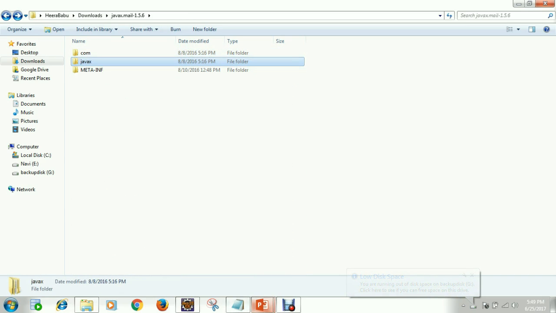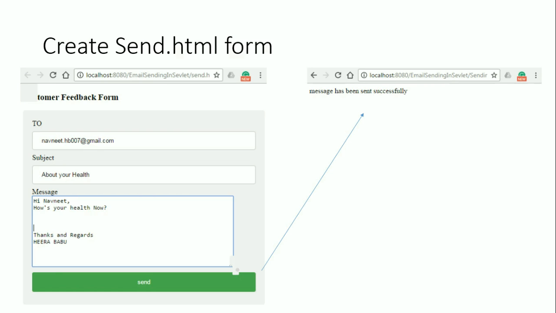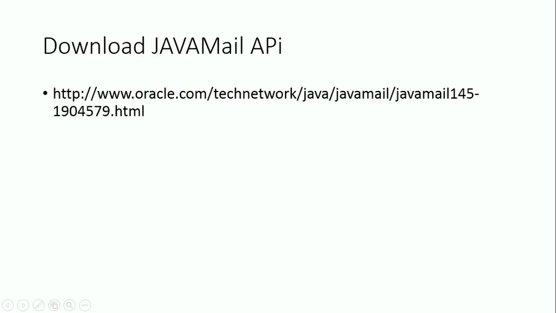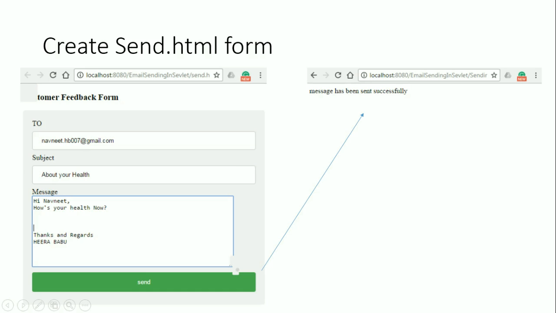Come to the point on the slide. You need to create an HTML form, which is as below. I have created the project and all the fields have been filled.